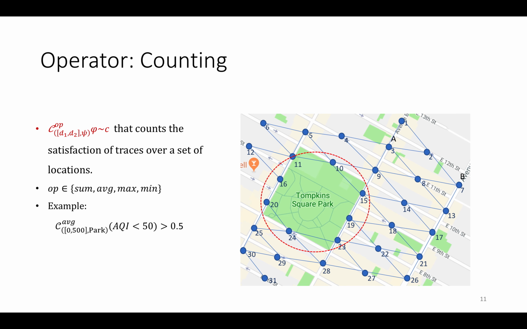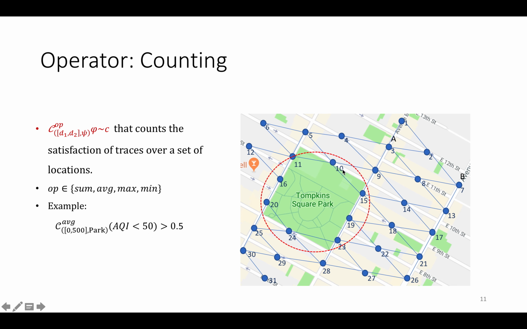And next, let's look at the counting operator, which counts the satisfaction of traces over a set of locations. So for example, in this figure, we have these nodes that are within 500 meters of this park. Then we will first check if each node satisfies the requirement, this AQI less than 50.